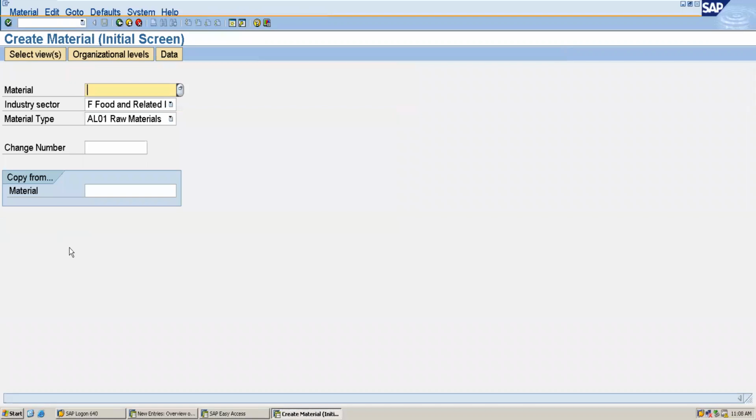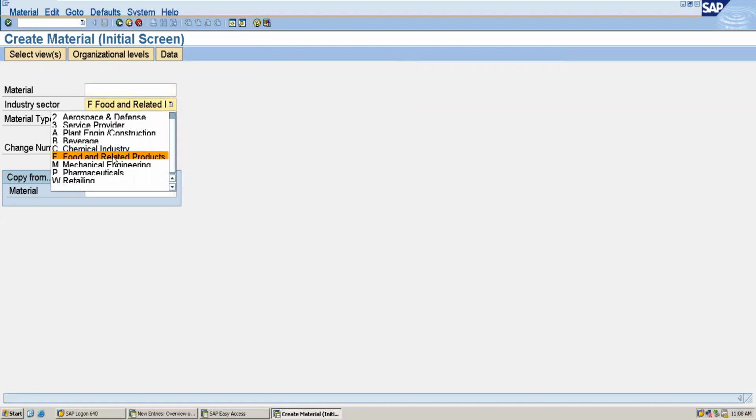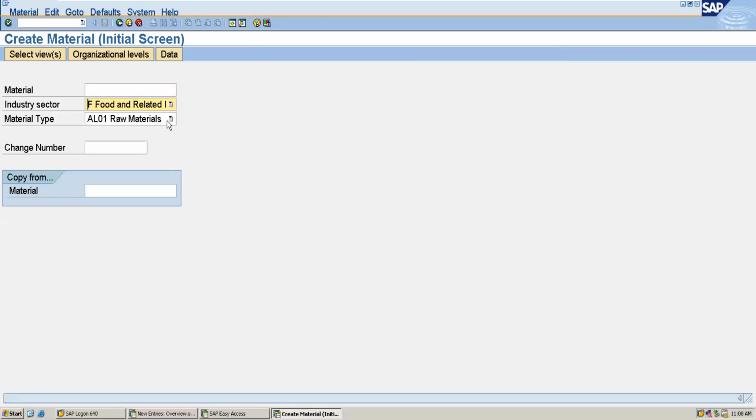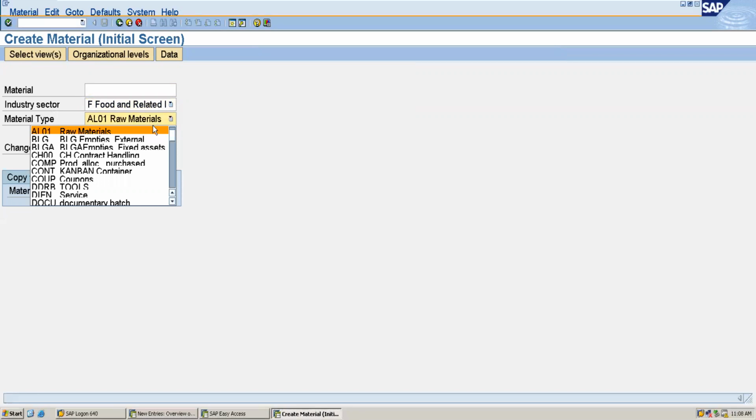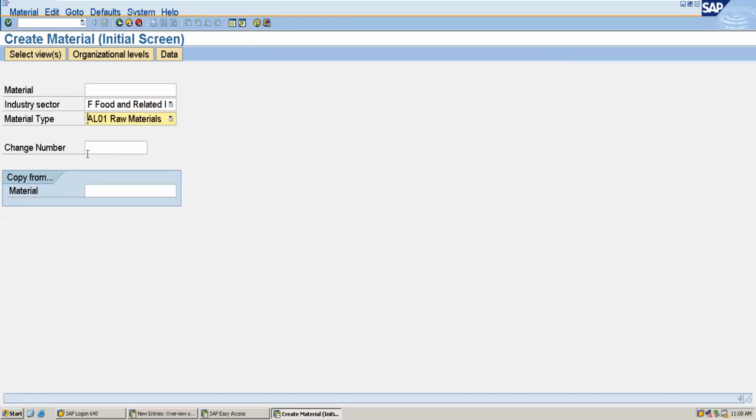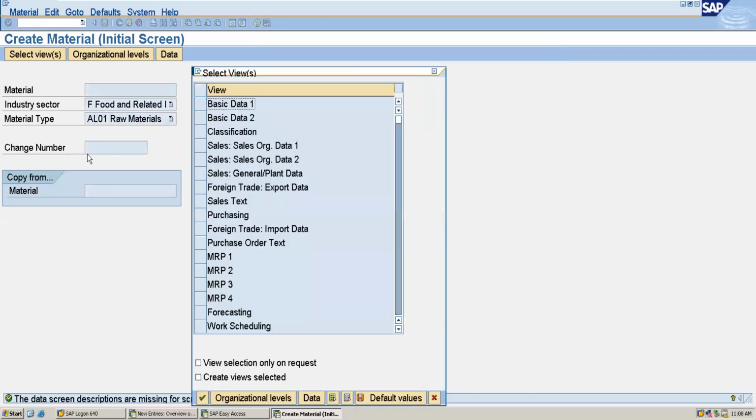If you want to give the number range, externally you can give that, or it will be taken internally. The industry sector I am selecting is food and related products, and the material type I am selecting is raw materials AL01.